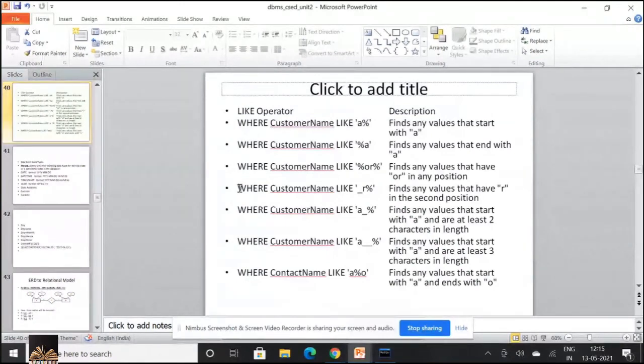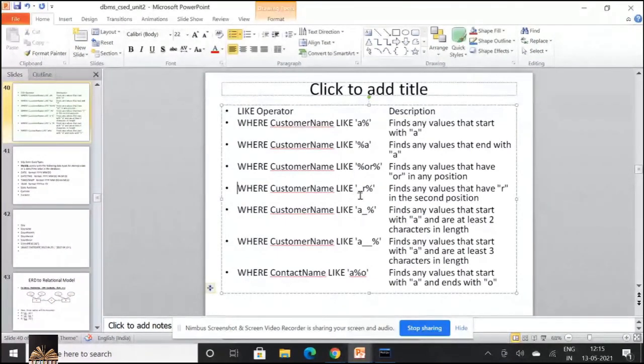And next, WHERE customer name LIKE '_r%'. I'm interested in picking the details where the second character of the customer name is R. It finds any values that have R in the second position of the name.